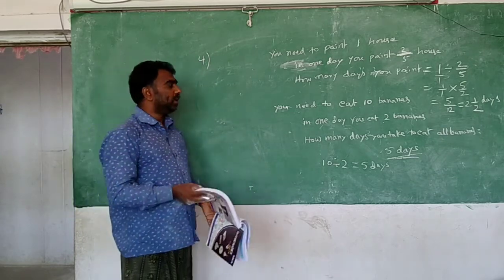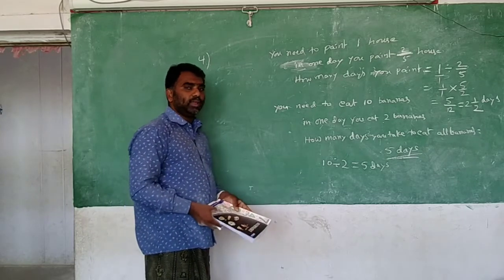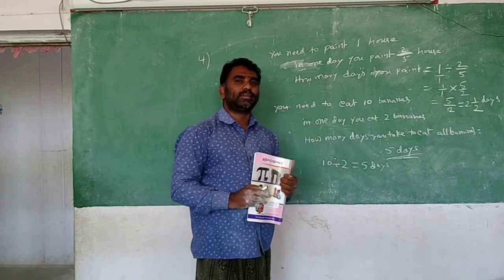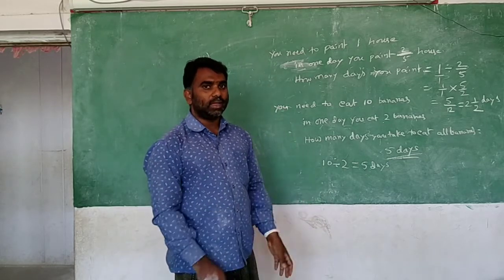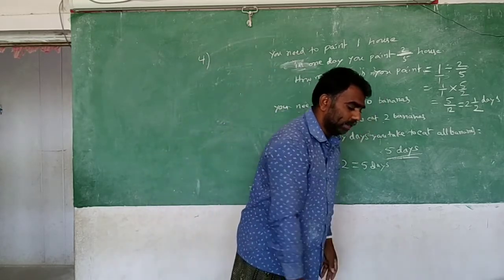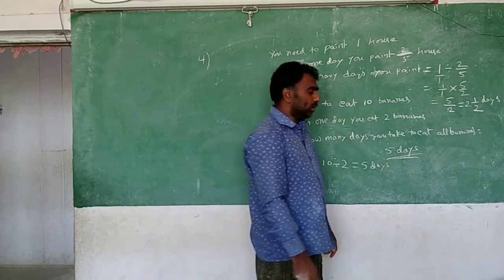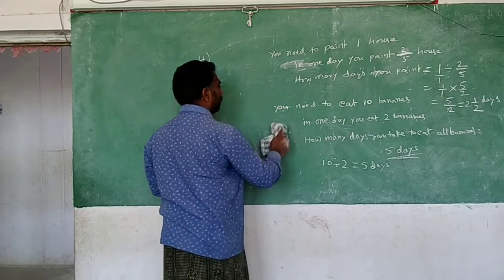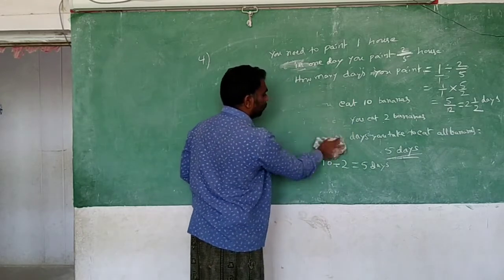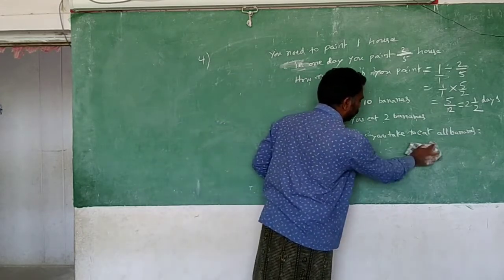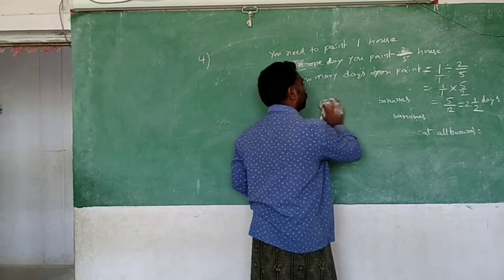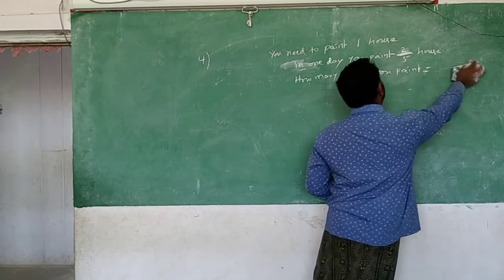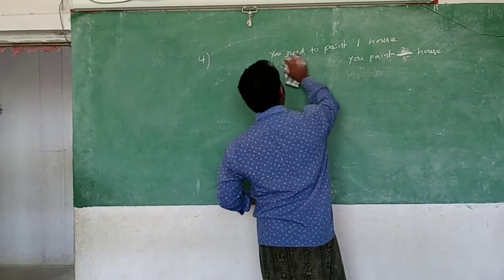Okay? So finally, we have learned the methods today. How do you multiply and how do you divide? Okay, do you understand? So these are the 2 important methods. This is most important, you need to learn. So learn properly what is the method of multiplication and what is the method of division.